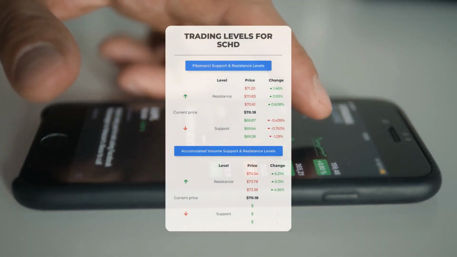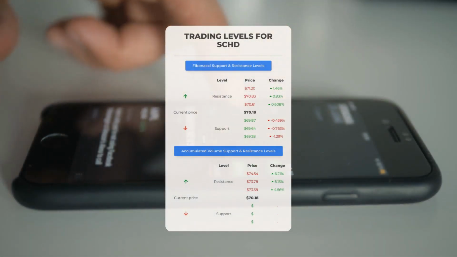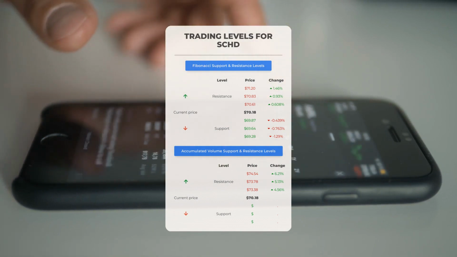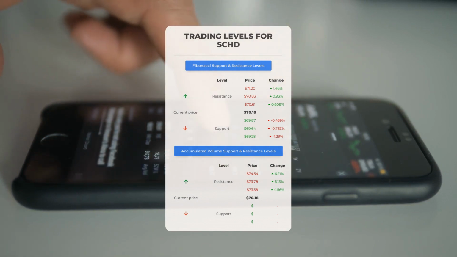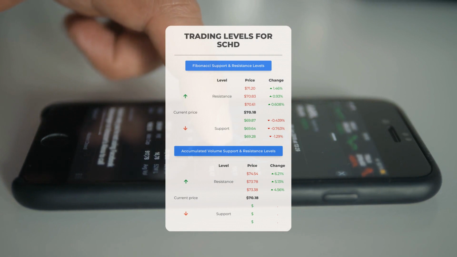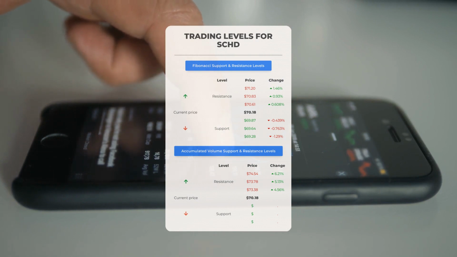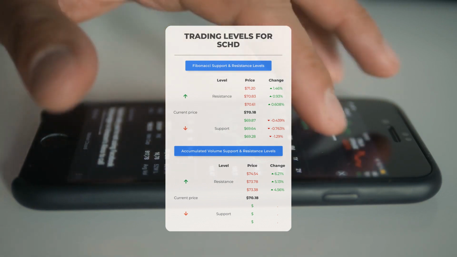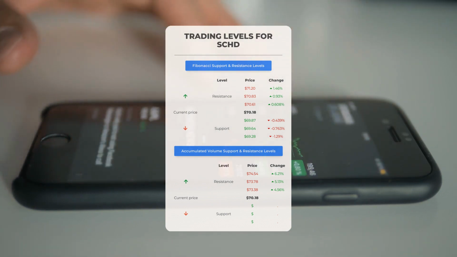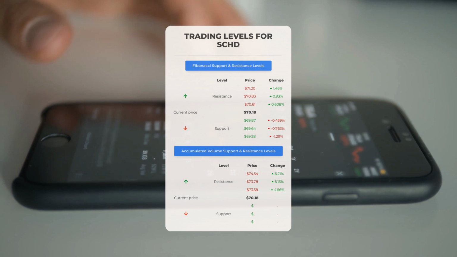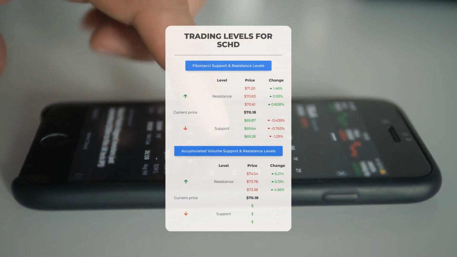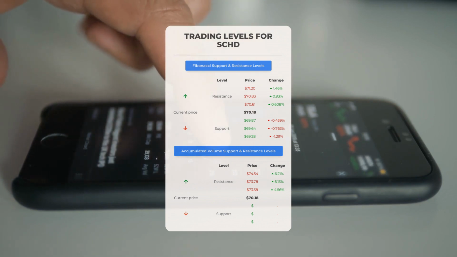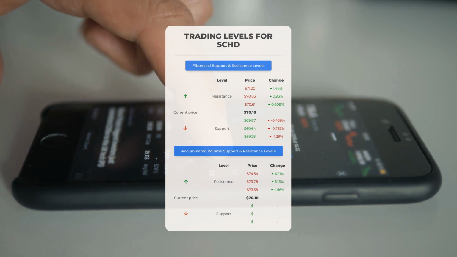Welcome back. Today, let's dive into some exciting day trading levels for the SCHWAB U.S. Dividend Equity ETF. If you're looking for an upward trend, keep an eye on the first resistance level at $73.38. This is the point where things could get interesting. If you don't own any shares yet, this could be your signal to jump in. And for those of you already invested, it might be a great opportunity for swing trading.